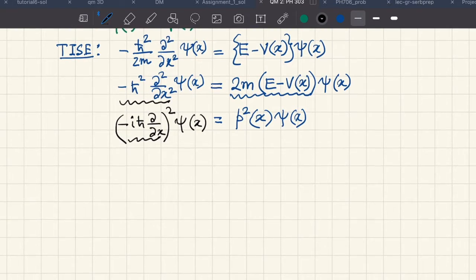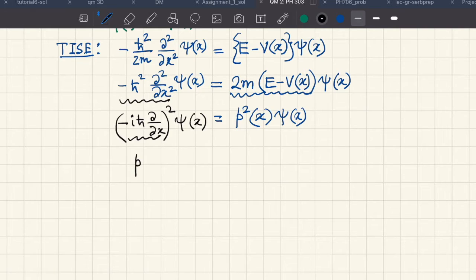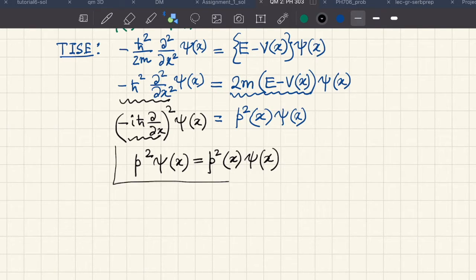So we can write this as p operator squared ψ(x) is equal to p²(x) ψ(x). A nice equation that we have arrived at by doing this,